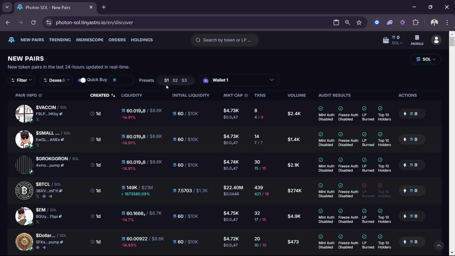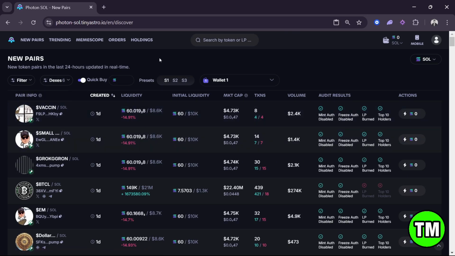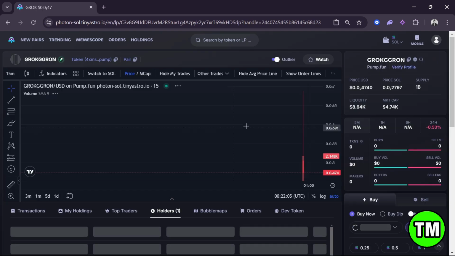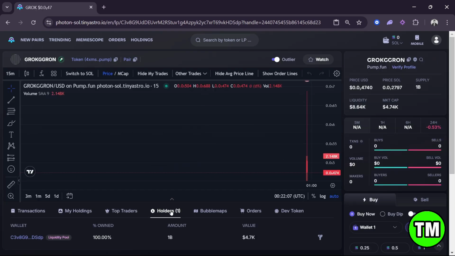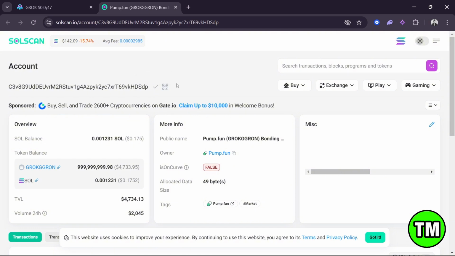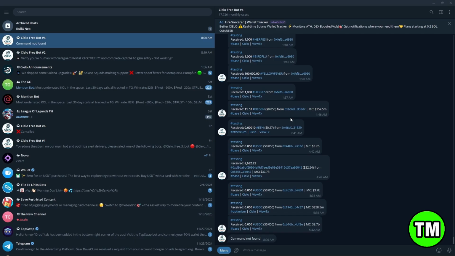Now for us to get this done, the first thing that we are going to do is look for something, hopefully a very valuable token that you are going to track. So let's say for example this one. Let's go ahead and just click this one right here, and then we're going to head over to holders. We're going to go ahead and click the wallet here. I'm going to copy this to the clipboard, and then we're going to head over to our